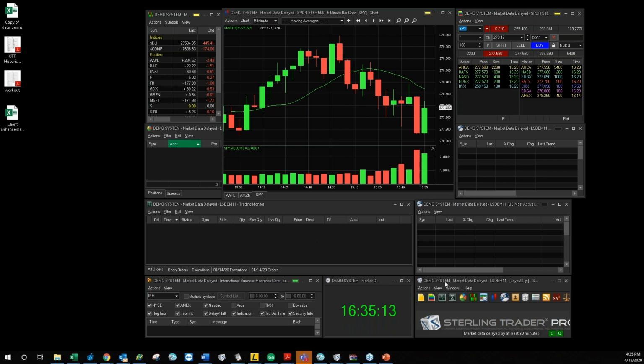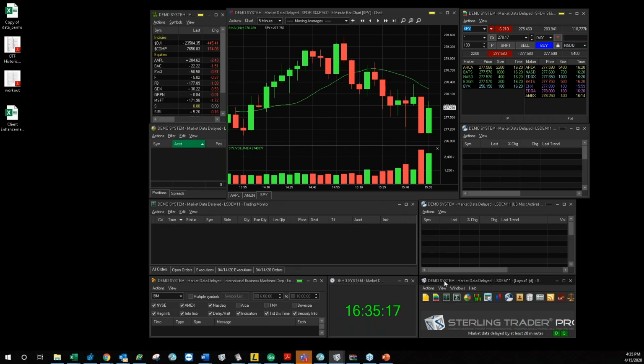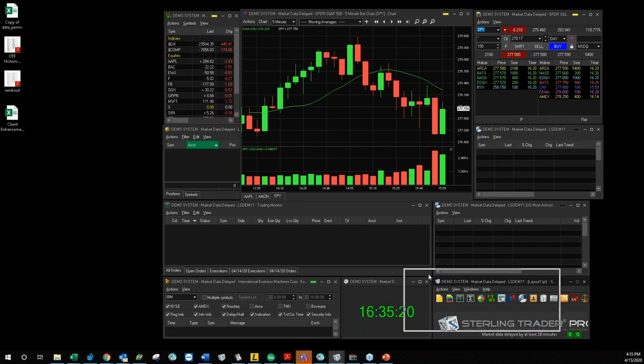The main window of the Sterling platform is the bottom trading control window. This is where you can move the entire program from